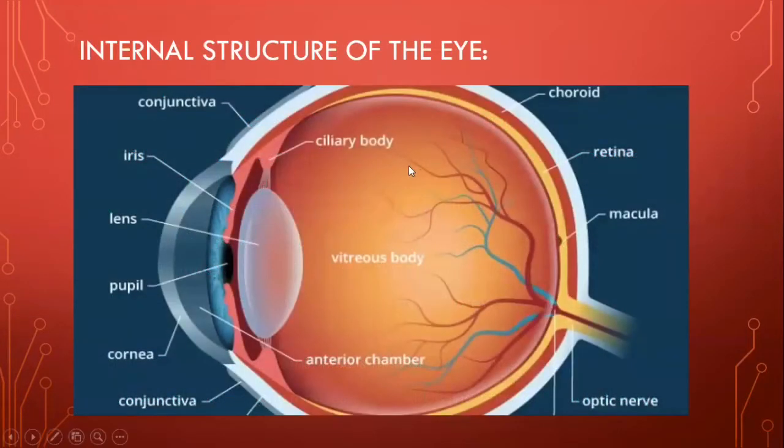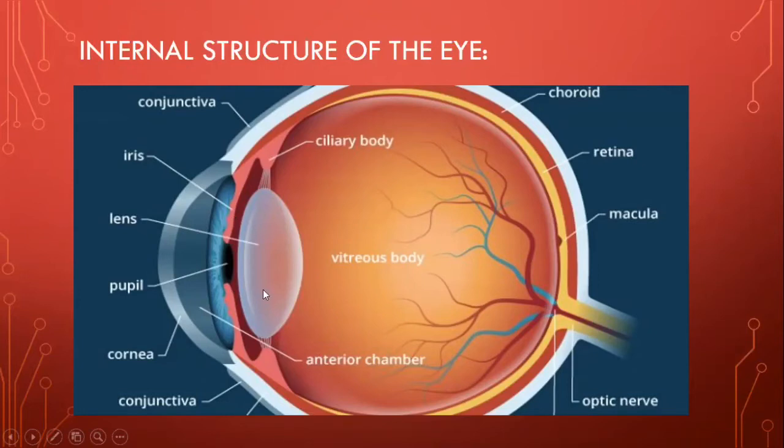In this video, we are going to take a look at the internal structure of the eye and its functions. Now, first of all, in order to understand what portion of the eye this is, you need to consider the eye as an eyeball, and you're slicing it in half, and you're viewing the semicircle from the inside. This is what the eye looks like from the inside, the cross section of the eye.